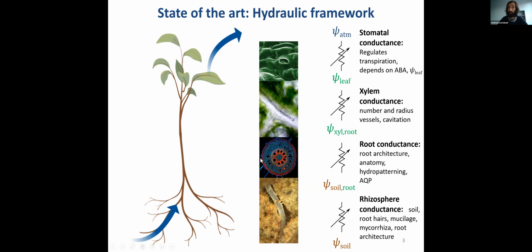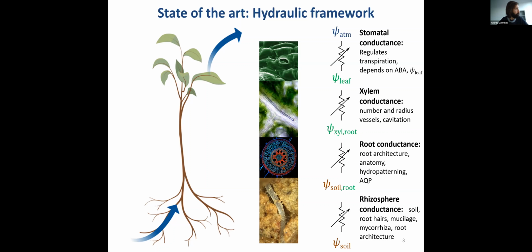One is inside the root, from the root surface inside till the xylem. One is along the xylem and up to the stomata. Now, the important point is that all these 4 conductivities are variable. And they vary because of physical reasons. This applies to soil and to xylem. And because of plant adaptation, and this applies to the root anatomy, aquaporin, and adaptations in the root anatomy, and clearly